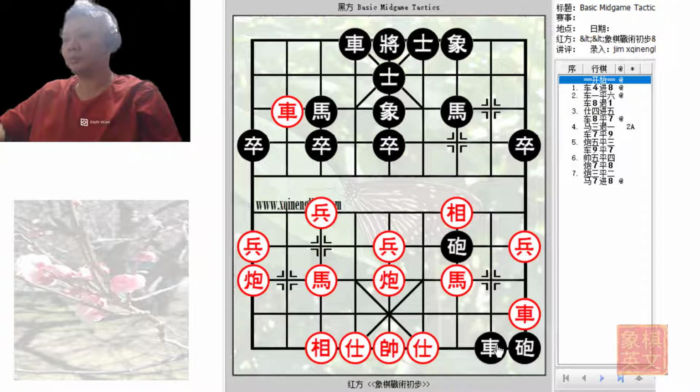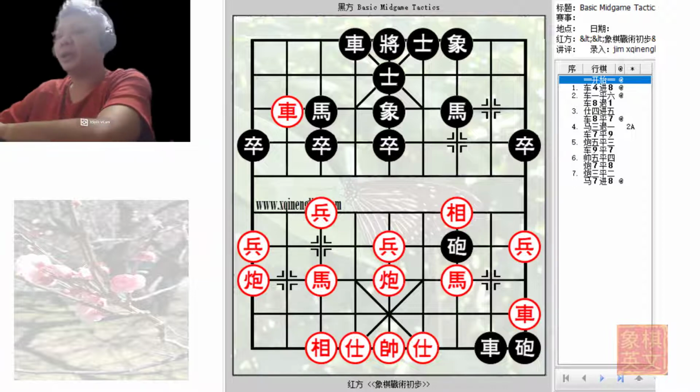The horse will be attacking the chariot. The red chariot will be targeting the black cannon. Red will also be attacking the horse over here. Now it will be black's turn to move. According to the book, it will be a